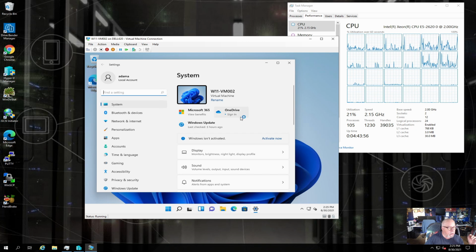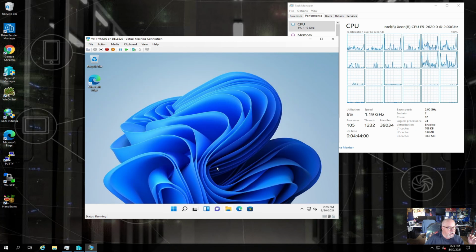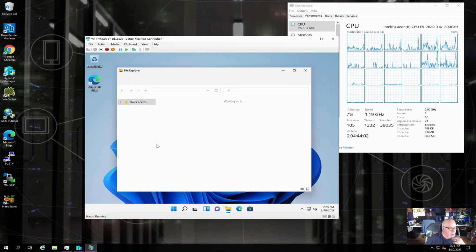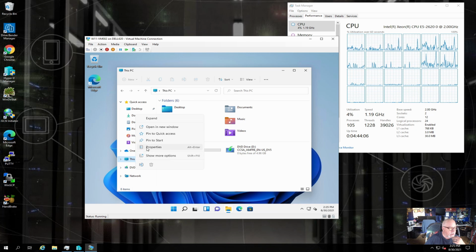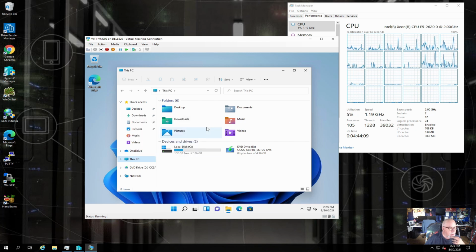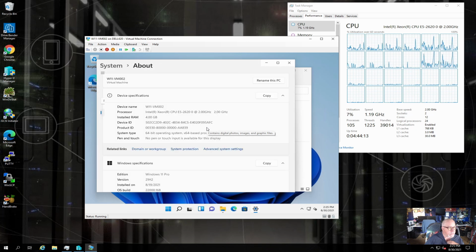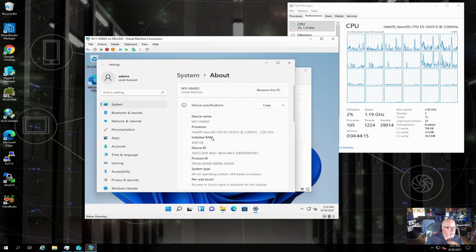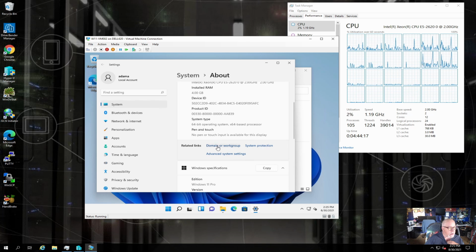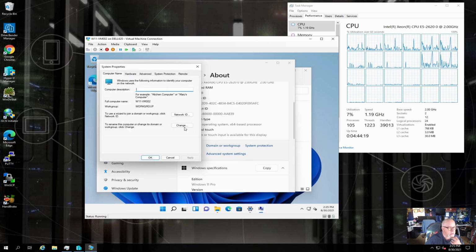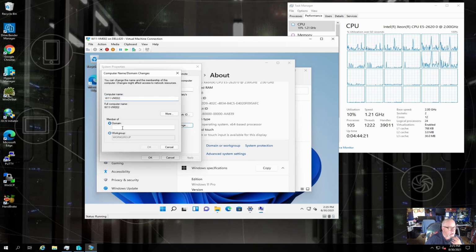Usually what I do is just open the File Explorer, go to This PC, right click and go to properties. It's usually what I do. And then from within there I can join it to a domain. Cool. There's rename, but I think I want to go to domain or workgroup. So go there, click on change, and we'll try to join